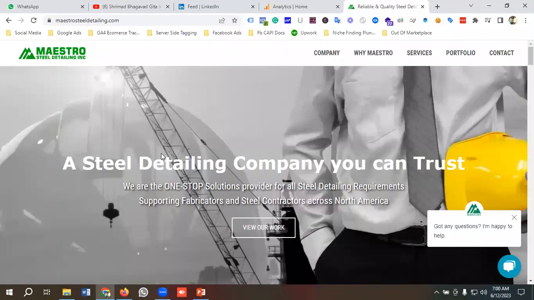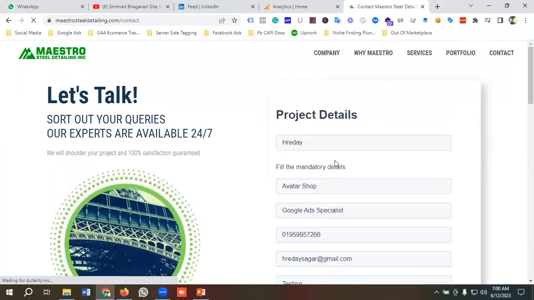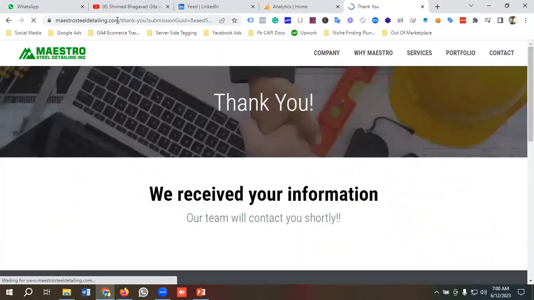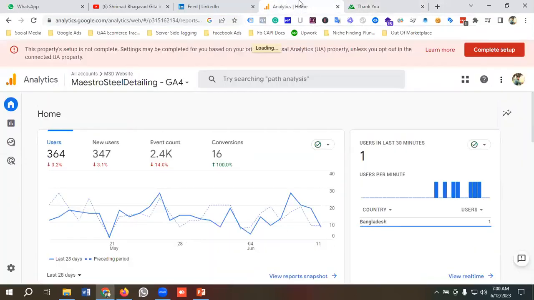So we'll be using this website. I'm going to go to the contact us page. I have a form available here. Whenever a user submits this form, I'll get a thank you page URL, so you can see over here. I'm going to copy this thank you page URL from here and go to the analytics,